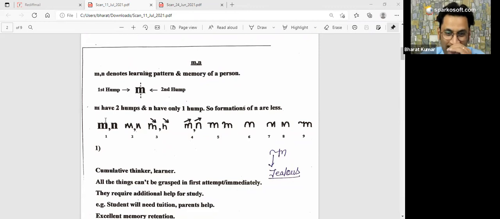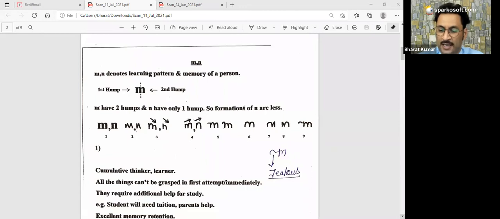Sangeeta also agrees, Archana also agreed with this. So remember, if you are a teacher or a counselor working with students or kids, you can find out this trait. They learn very slowly, practically and stepwise. Now, they inquire about additional help for study. This is also very important. In the class, you can find many students who, after completing a question, will inquire again about a few small things. If you are using cursive M, you can consider this trait.